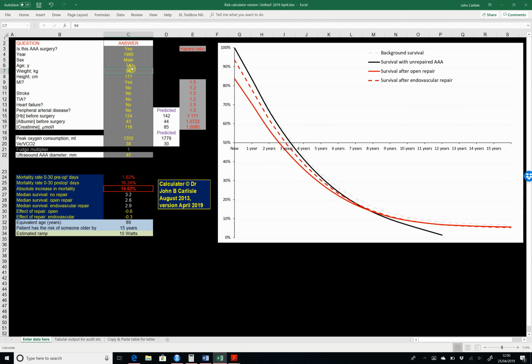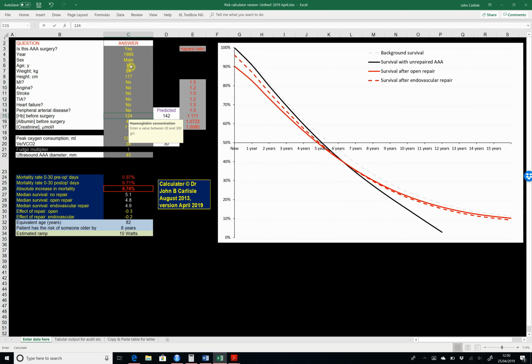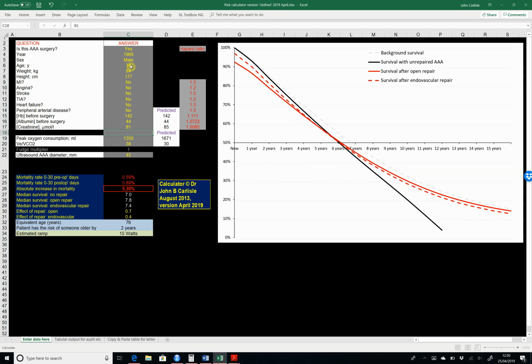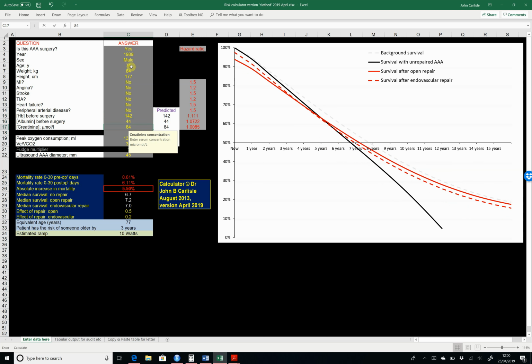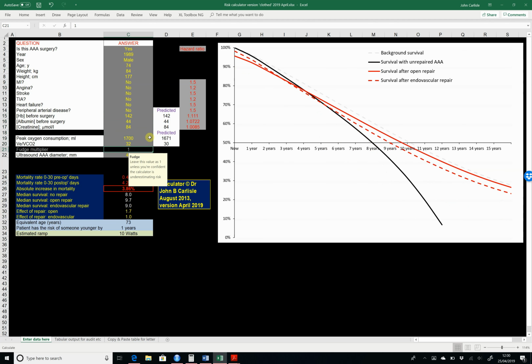If we have somebody younger, so the average age of AAA repair of intact aneurysms is 74 in the United Kingdom. Let's say they're not quite so fat, so let's say they're 84. Let's say they haven't had a heart attack in the past. Let's say they're not anemic. Their albumin is normal. Their creatinine concentration is normal. And let's say their fitness is good. Let's say they're not a smoker without emphysema, so gas exchange fairly good. And let's say the aneurysm is